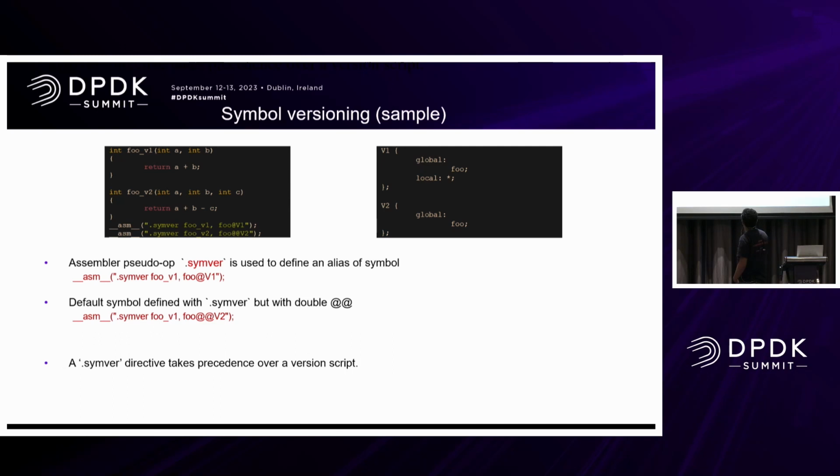So in this case, foo will be marked both as v1 and v2. That is mainly all you need to do if the function fingerprint is changing. And yes, the version symbol overrides what you have in your linker script. That's why in DPDK, you should update the linker script as well when an API is added. We use that a little more extensively with the internal and experimental API tags as well.